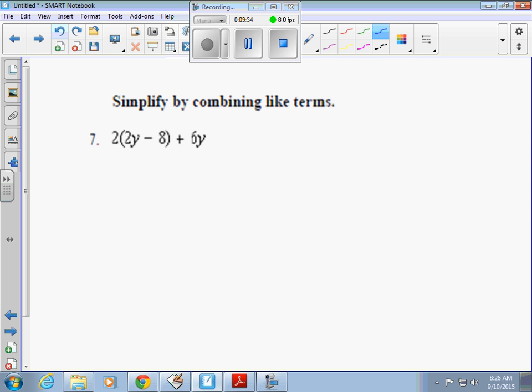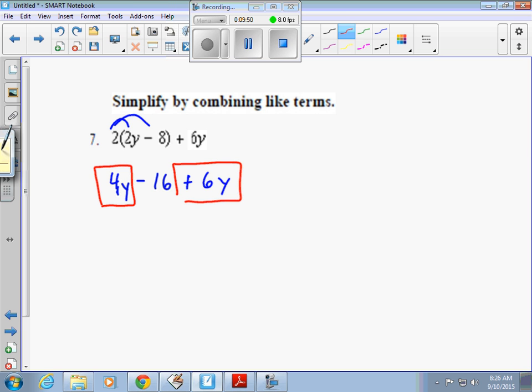Number 7, simplify by combining like terms. Before you combine like terms, you have to distribute 2 times 2y and 2 times negative 8. So now we have some like terms, 4y and positive 6y. When you put 4 and 6 together, you're going to get 10y